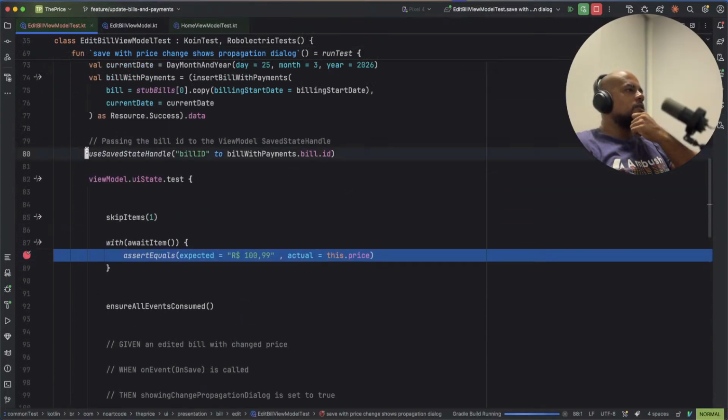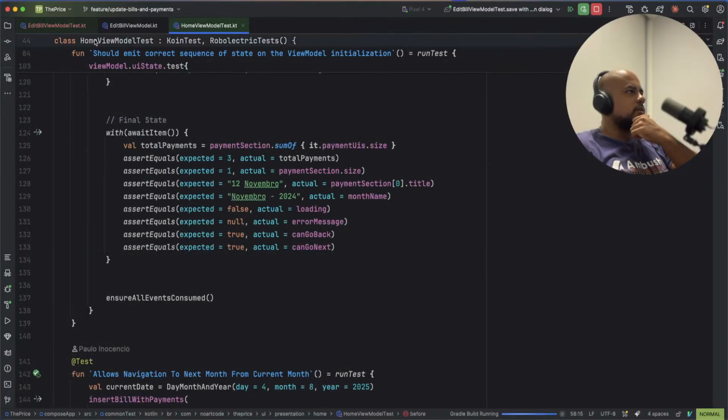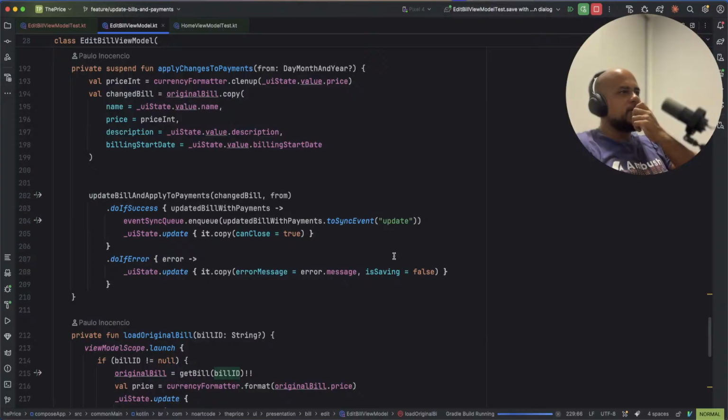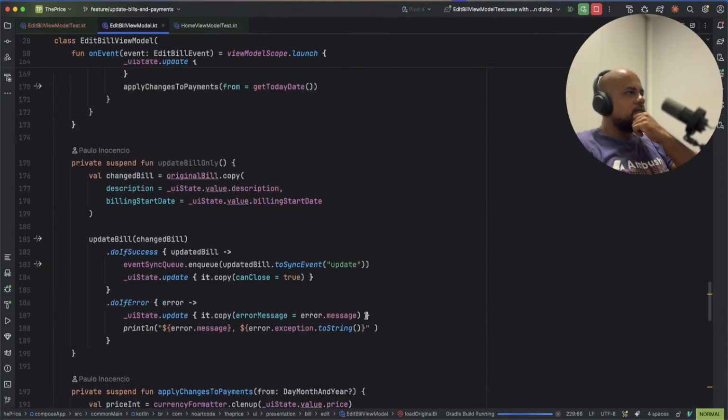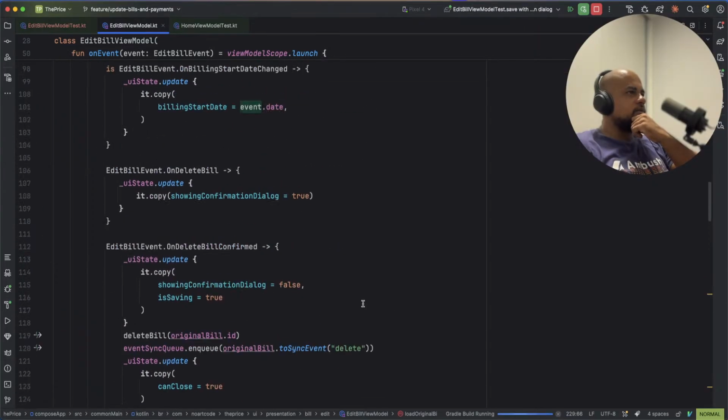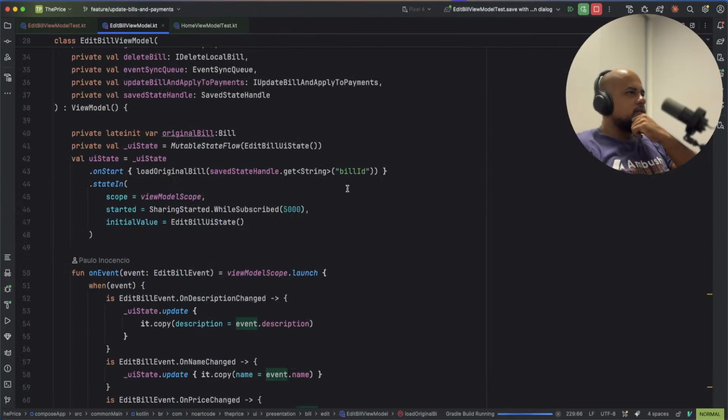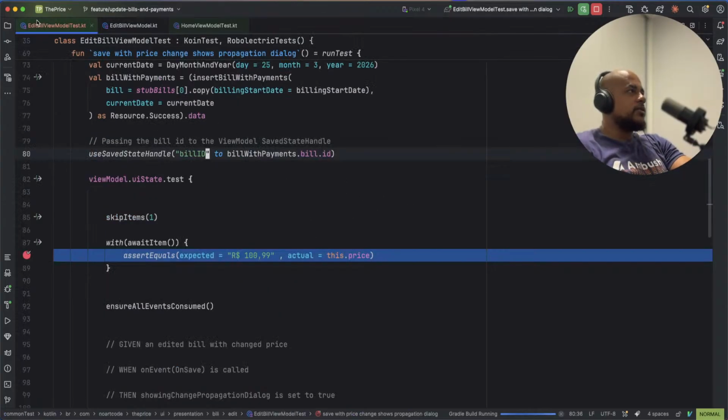Oh, this over here is not working. Let me see how bill ID is named. Is this the problem? Look, that's the problem. Maybe it's with the name,